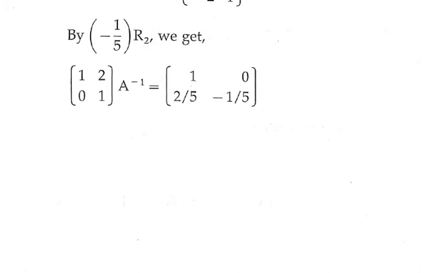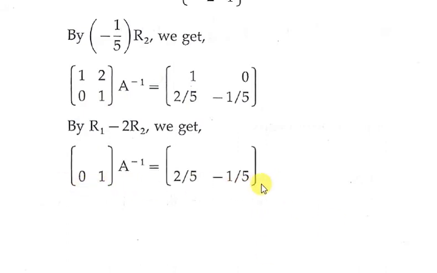And now the equation will be R1 changes to R1 minus 2 times R2. In that case the first row is going to change, and the second row is going to remain the same, so we will write the second row as it is. Now begin with the values one by one. For the first column, R1 is 1 and R2 is 0. So 1 minus 2 into 0, that is 1 minus 0, result is 1. Next, the value of R1 is 2 and R2 is 1. So 2 minus 2 into 1, that is 2 minus 2, result is 0.